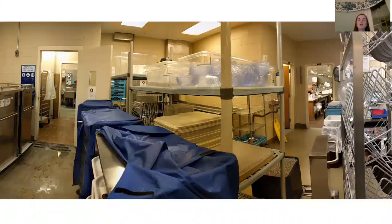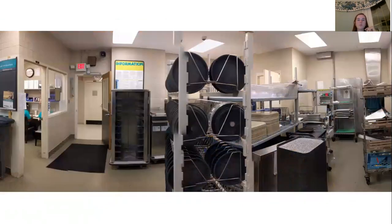We're looking behind us. Now we're kind of looking at the clean side of the dish room. To our left are all those patient tray carriers, and to our right we can look out into the retail area. And if we looked a little more right, we would be able to see the patient pod tray building line. So now we're looking behind us where we just were. There's the diet office to the left, where all the catering associates are always working on stuff. And we can see